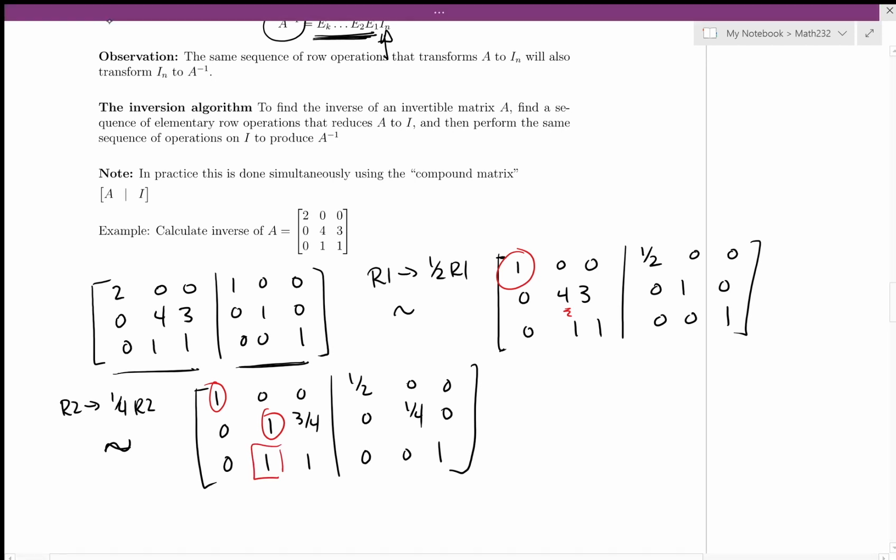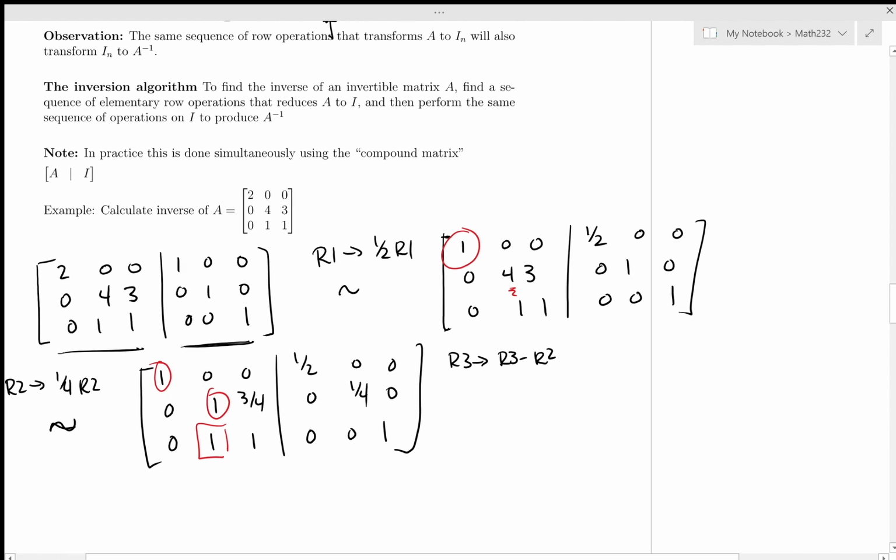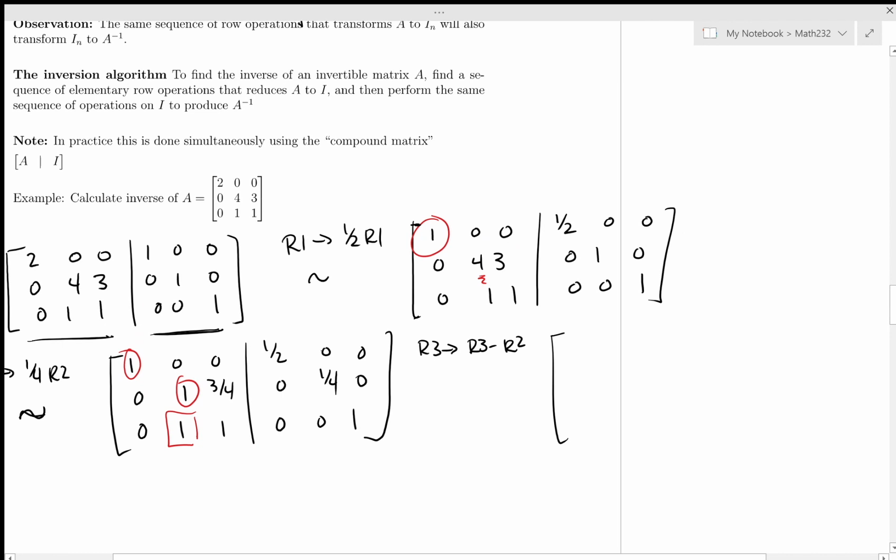Okay, so I do my next row operation in order to do that, and that row operation is taking row 3 and subtracting row 2. Okay, so I'm going to take row 3 and I'm going to replace that with row 3 minus row 2. Okay, I will do that right now. I will get this